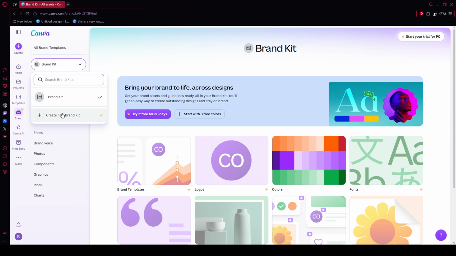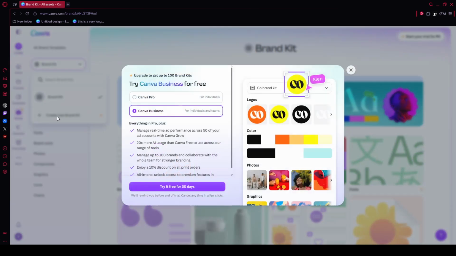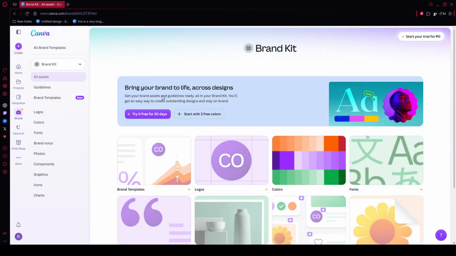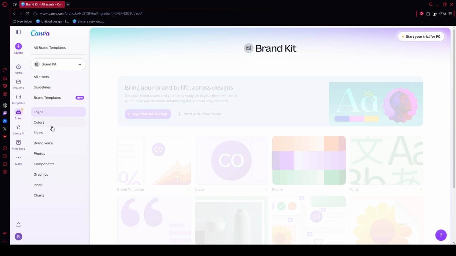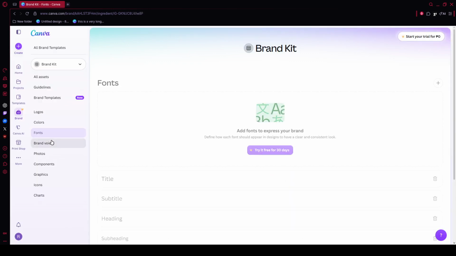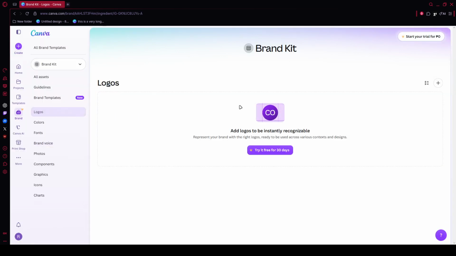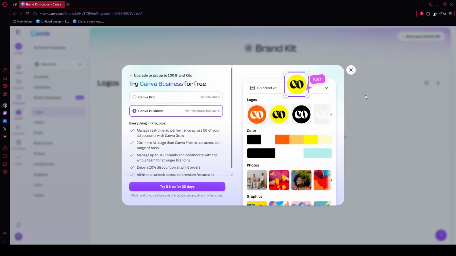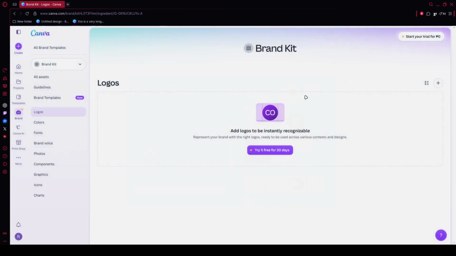Next, head to the left-hand sidebar and click on Brand. From there, select Add New Brand Kit. Give it a name based on your classroom or subject area, then create it. Inside this space, you can upload your school logo if you use one, choose your preferred fonts, and save your classroom colors. This makes it much easier to keep your worksheets, presentations, and posters looking cohesive and professional every time